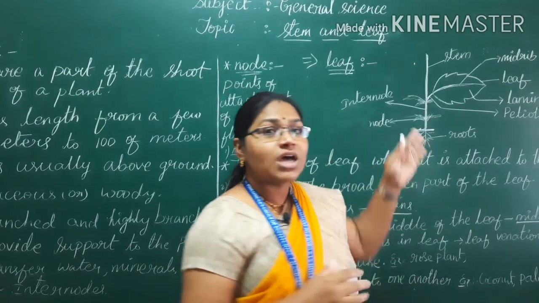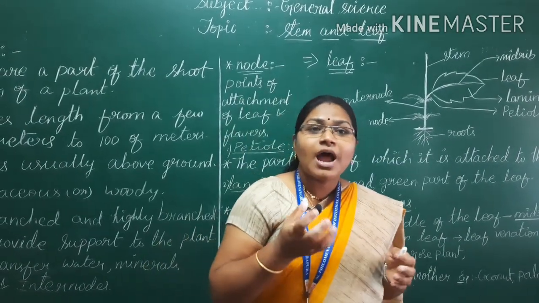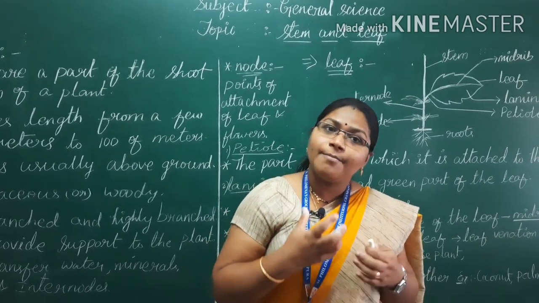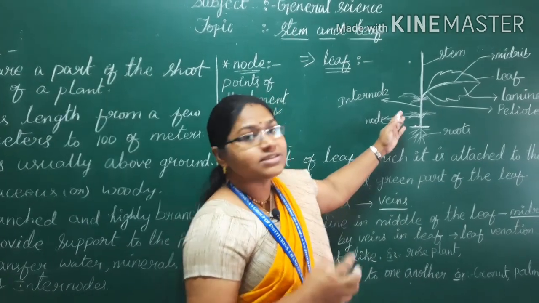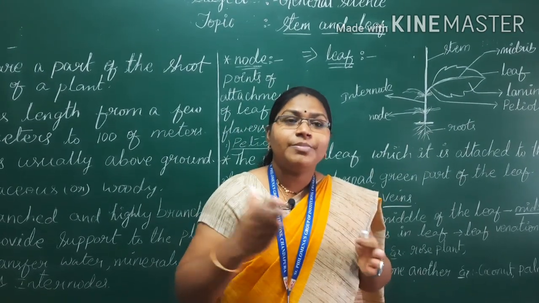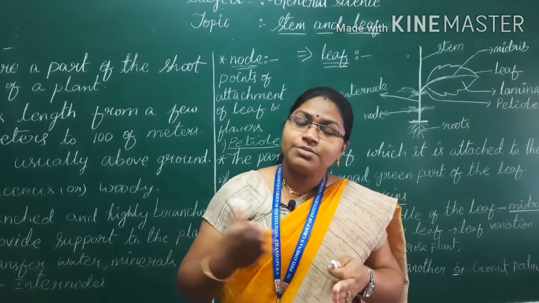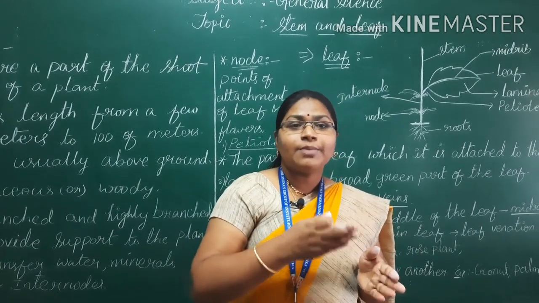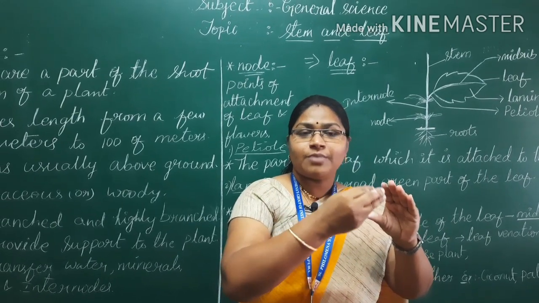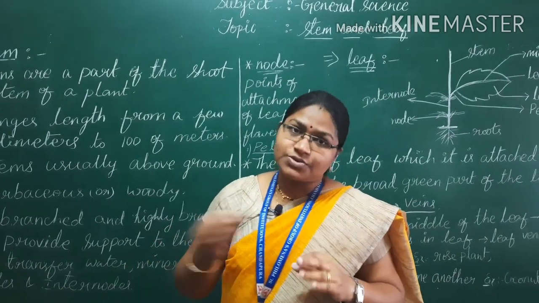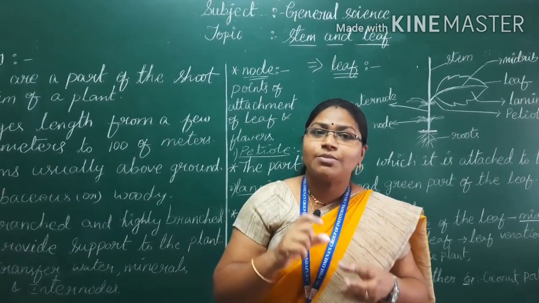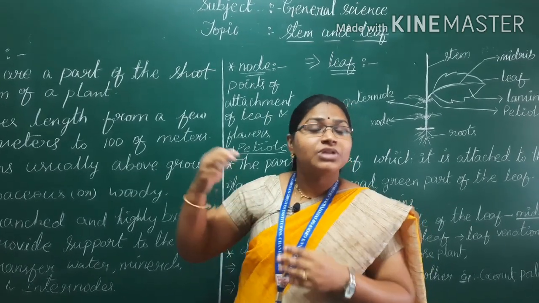Also these stems are herbaceous, meaning very soft, or woody in nature, which means these stems can store food for the plants also. And the size, meaning the length and the width of the stems, are different from each other based on the plant types. In herbs, for example, the stem is very small in length and width compared to trees.